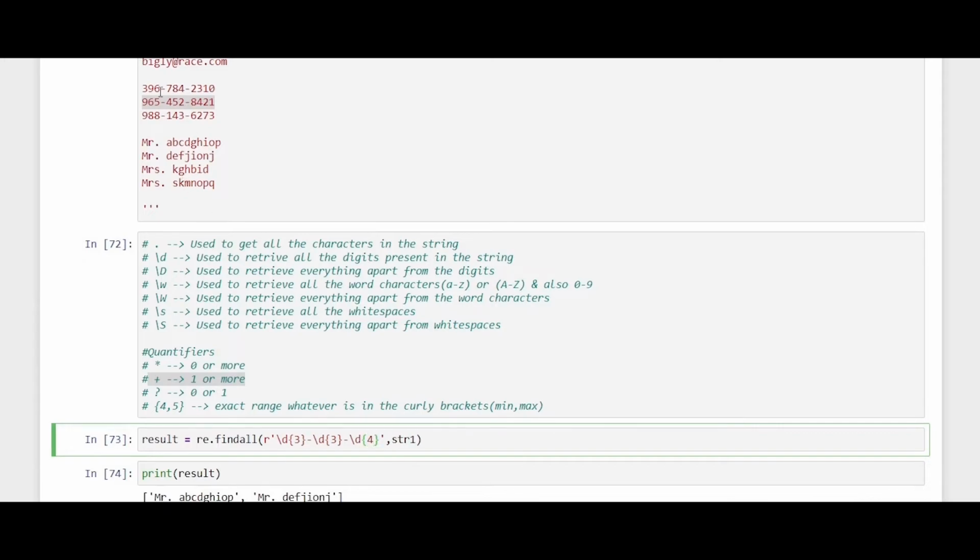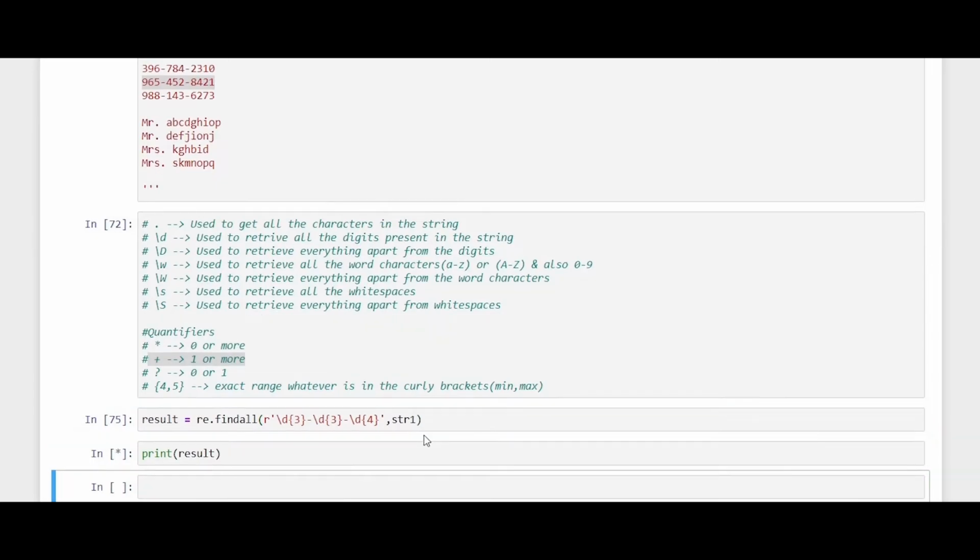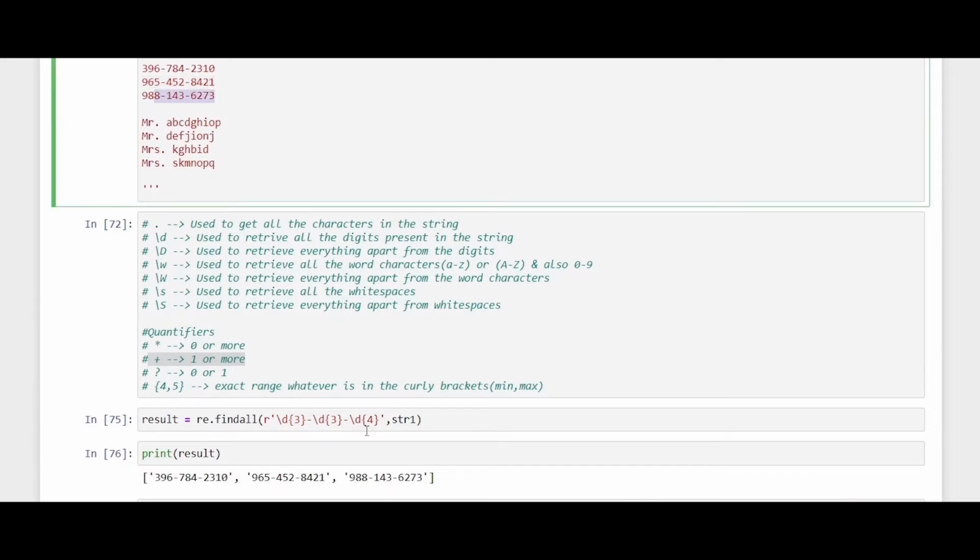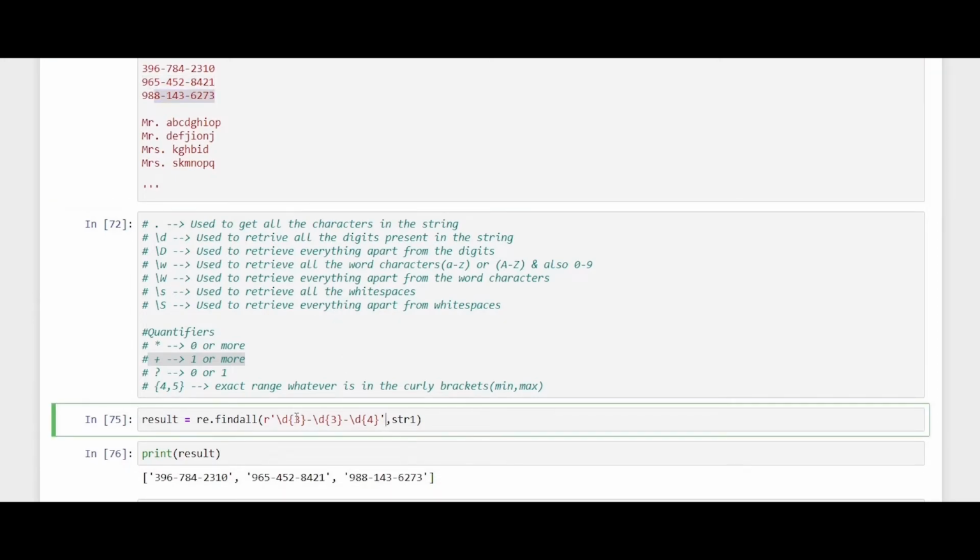So we need 3 3 4 in that sequence, so we'll be doing this, and let's say print. So here it will be printing out all the series code numbers which we have in the format which we have given: slash d 3, slash d hyphen, slash d 3 hyphen, slash d curly bracket 4.